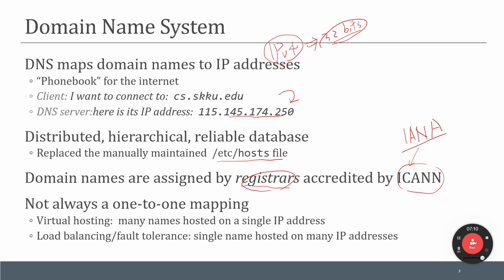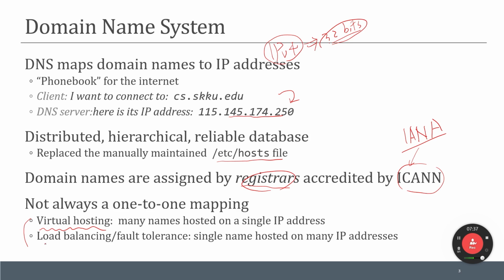And a domain name is not necessarily in one-to-one mapping with an IP address. Because of virtual hosting, many different domain names hosted on a single IP address can be mapped into a single IP address.